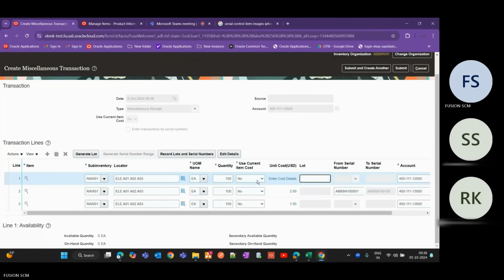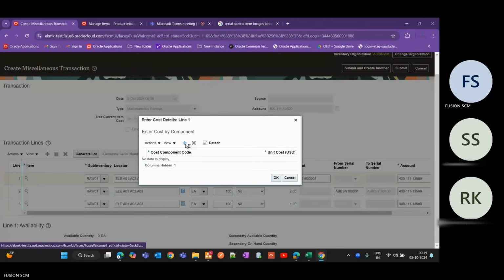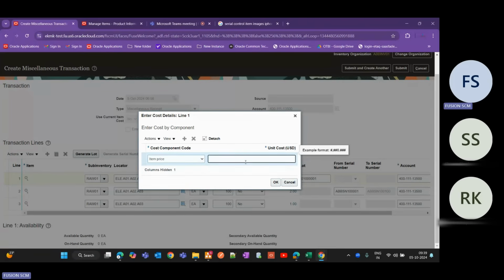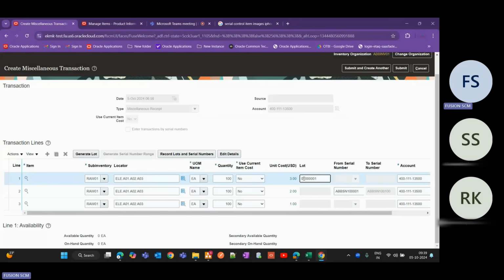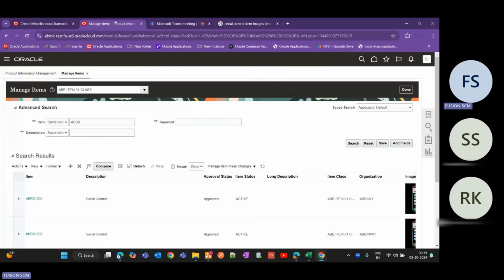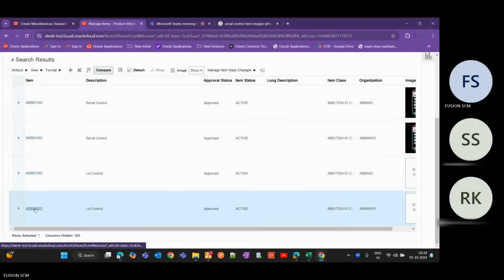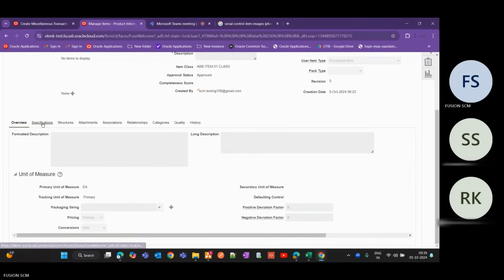Now we have generate lot. So I click on generate lot. If you notice, the system has generated the lot. Okay. And I will enter the quantity and I will enter the cost detail. So I will say it is $3, and I will set the prefix. So I will remove the zero. Otherwise, with 0 we will face challenges. For testing purposes, I have set it. Let me